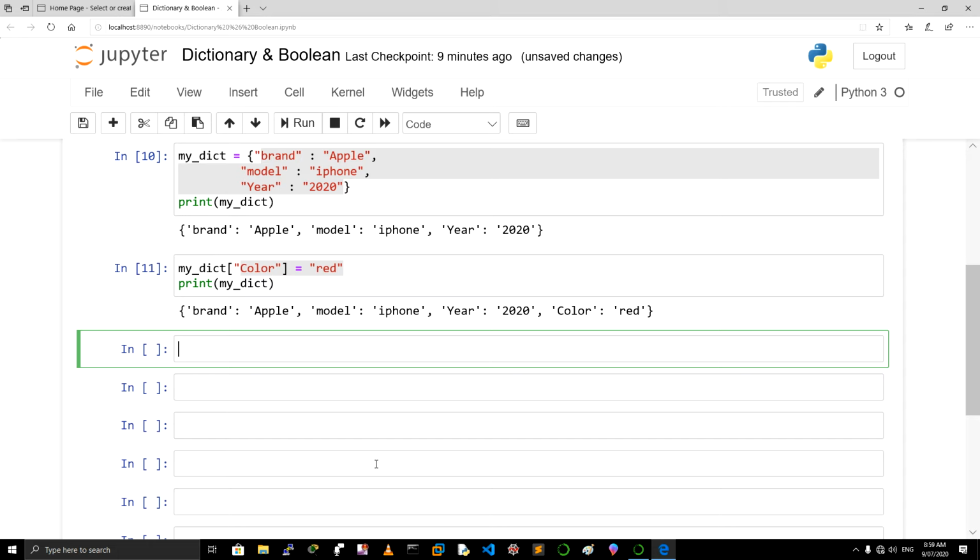Alright, let's say we want to delete or remove an item from this dictionary we just created. To remove an item, we have to mention del, which means delete, from my dictionary, and say for example we want to delete the brand name. Say brand,